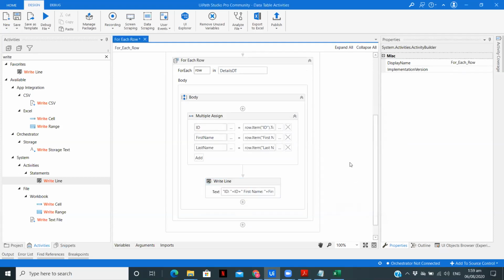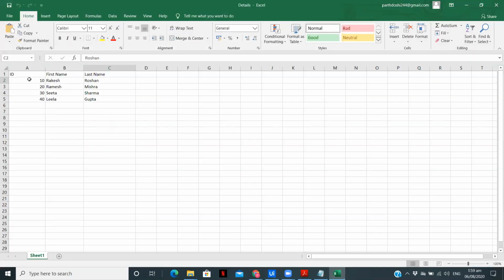So that's it, it will write in the Write Line activity. We will be able to see whether all the 4 lines are written or not.